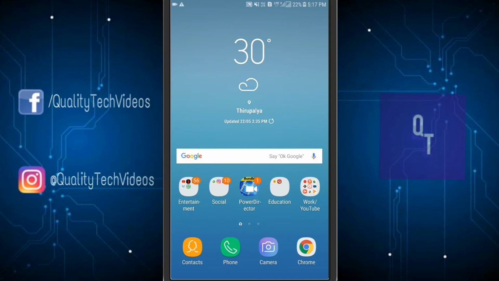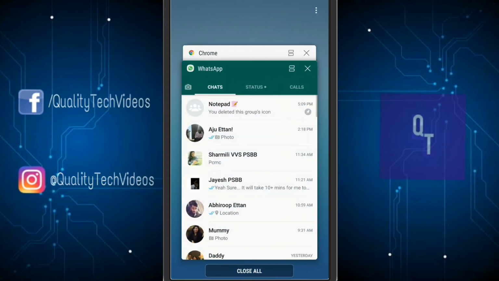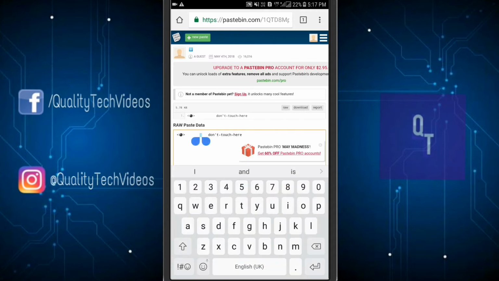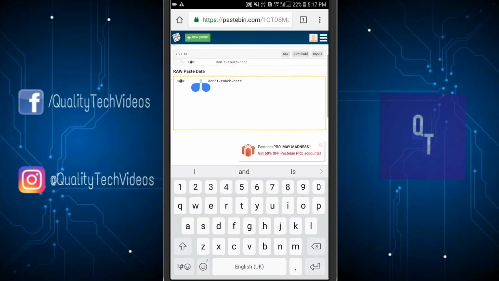I'll also have it pinned in the comment section. So that'll take you to a page like this. Once you're here, you just need to copy the source code, which is, don't touch here. You just want to copy the whole code